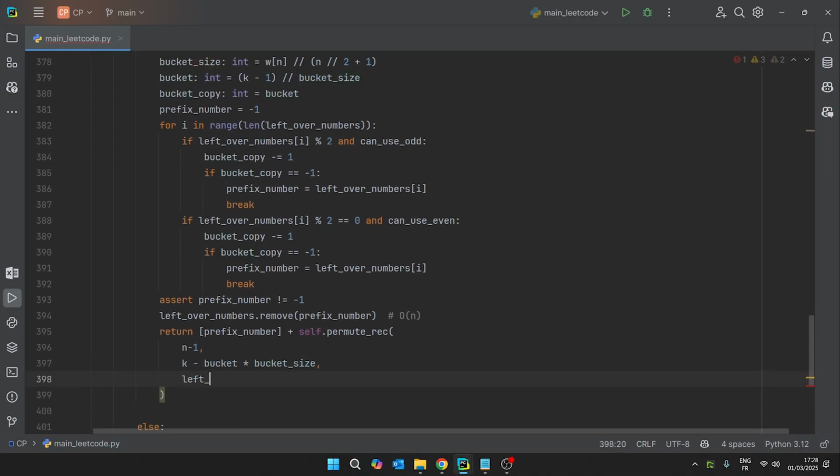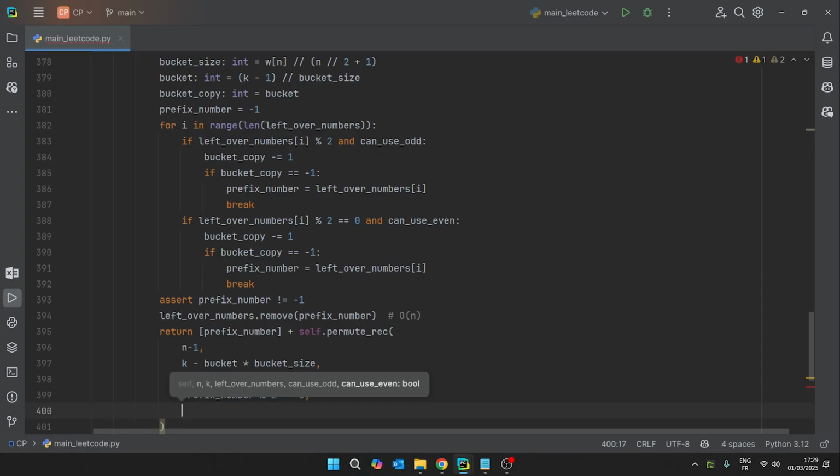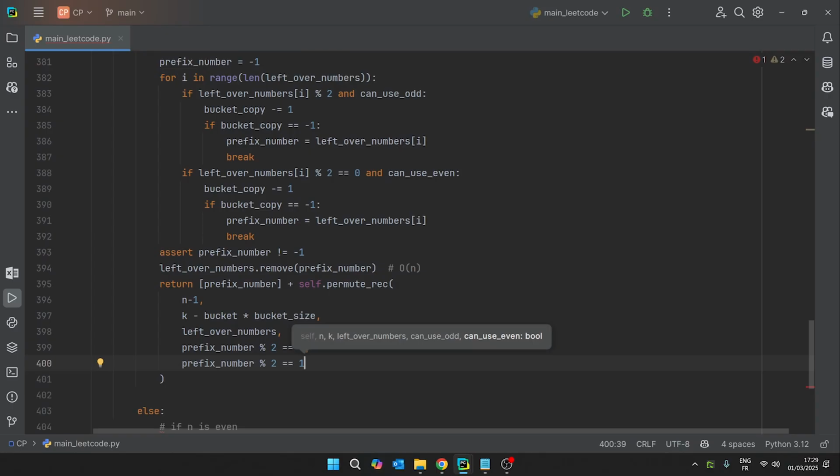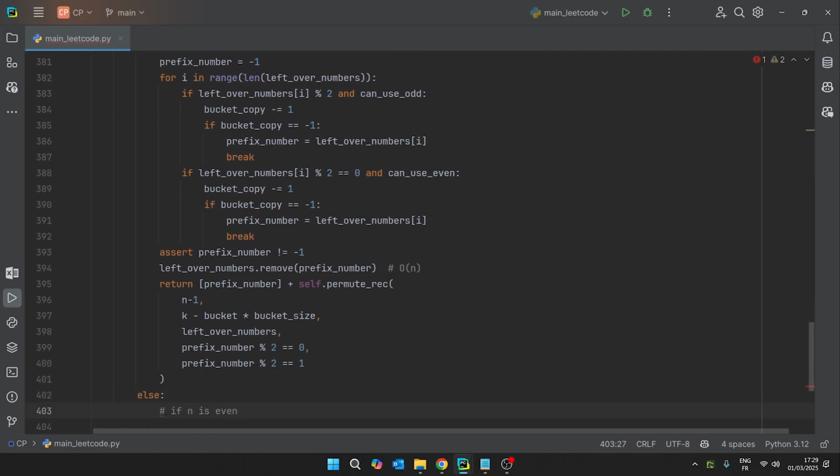We pass it leftover numbers, although this could be sort of a class variable, and can use odd. Well, it depends on prefix number, right? If prefix number is even, we can use odd, and if prefix number is odd, then we can use even for the next iteration. Hope this makes sense. If it doesn't make sense, good thing is we're gonna do almost the exact same thing